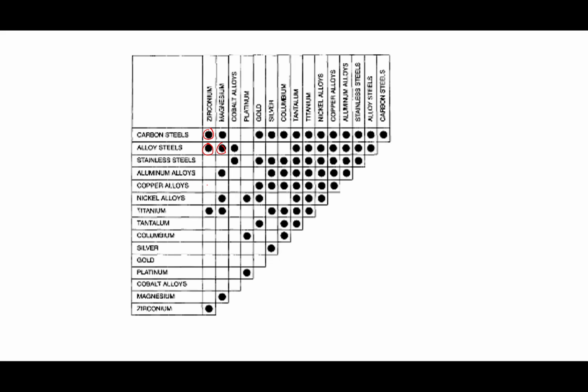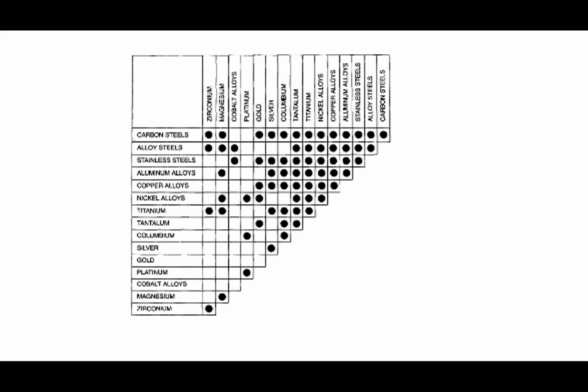Wherever it is not workable, the column has been left blank, like platinum to platinum. So similar metal joining, platinum to the other combinations are also workable. So you can see what are the different combinations which are workable. Okay, so just have a look at this plot to see what can be welded with which metal and what will be the issues.